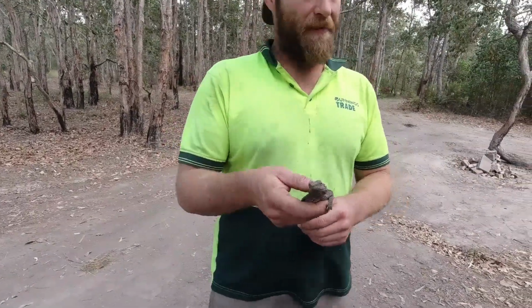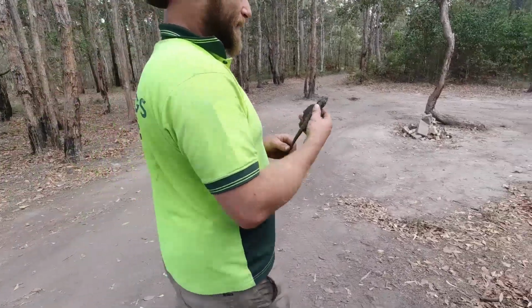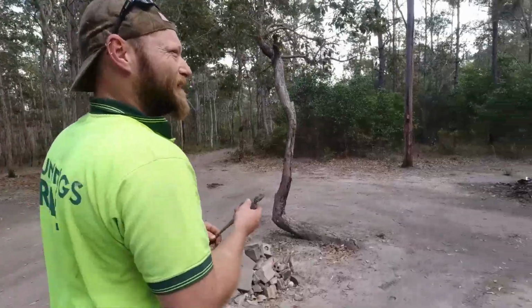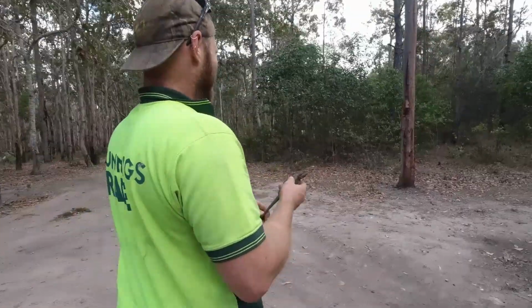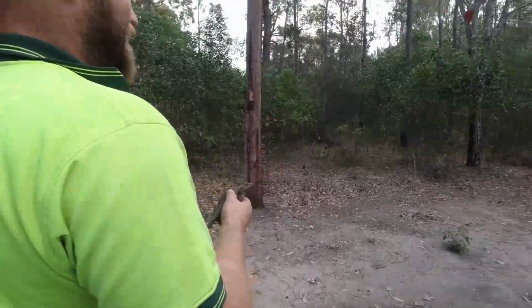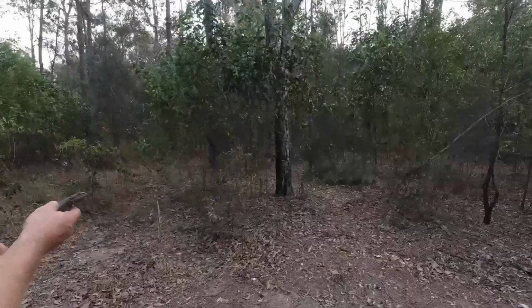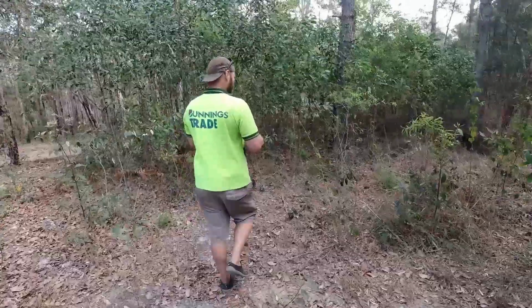Whereabouts are you releasing him? Just over here, in the trees, or up a tree somewhere. Yeah, what do you reckon? Up a tree? Go to this melaleuca over here. That's a nice looking melaleuca right there. He probably won't like it. Maybe just stick him somewhere at the bottom there with all the shrubs around it so he can choose to run up there, or...